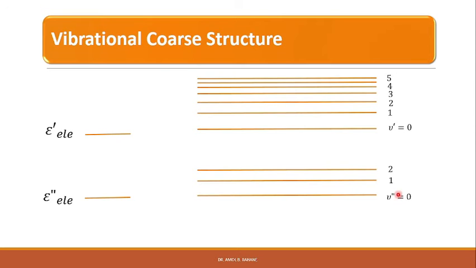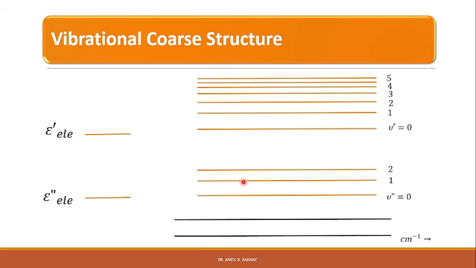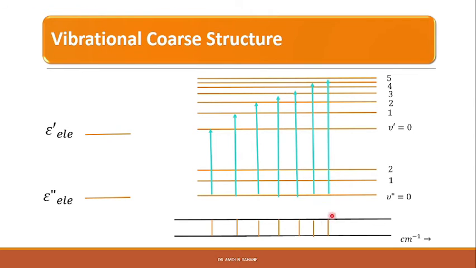So we will consider the simple case, right? Here we consider the absorption spectrum from the electronic ground state, so that means from this level. In this case we consider virtually all the molecules exist in the vibrational ground state. That means all the molecules will exist in the nu double prime equal to 0 level, right? And all the transitions are from this level to any vibrational level of the upper electronic state. We can show these transitions, right? They will appear with appreciable intensity. We will show them here, right? So we get different spectral lines that originate from this nu double prime equal to 0.